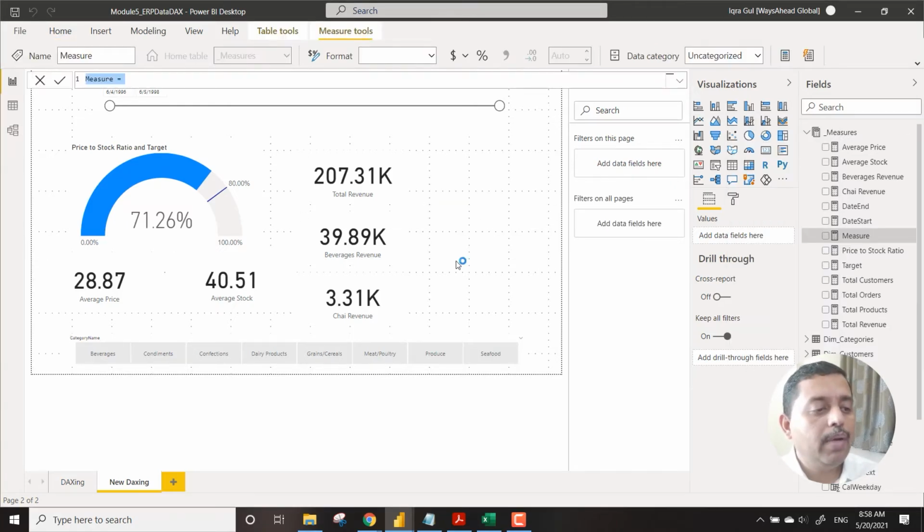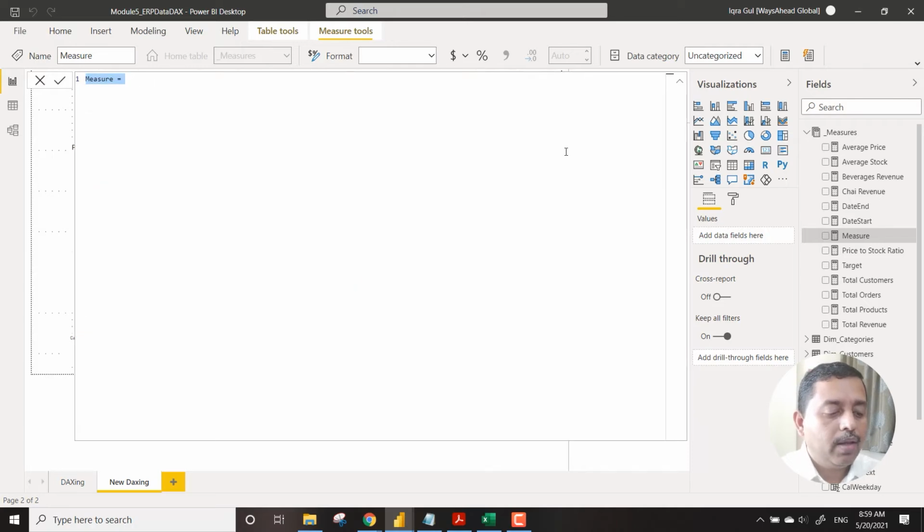So the MTD, QTD, YTD, all these figures we will be creating now. So we build up this space and we say revenue MTD. So you can see that total revenue is already there. So all the totals are in one place, all the averages are in one place, something like this, right? So now we are saying revenue MTD.